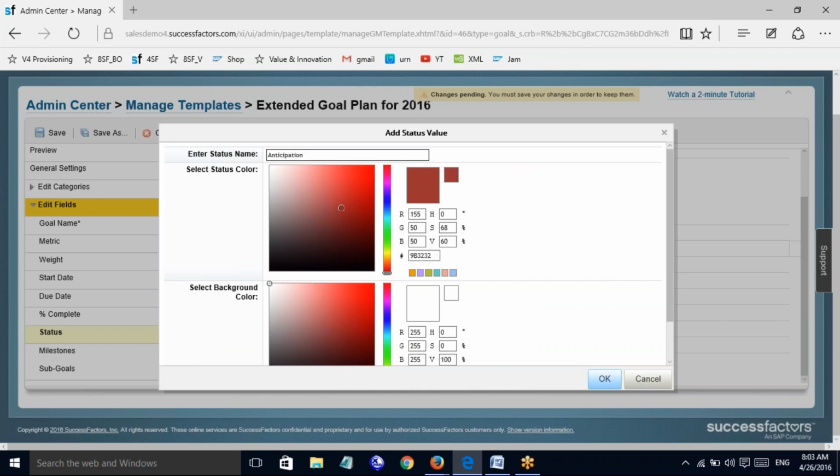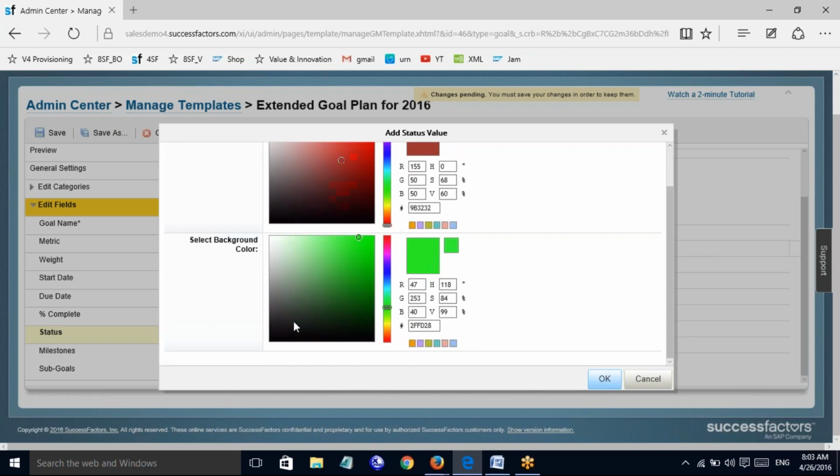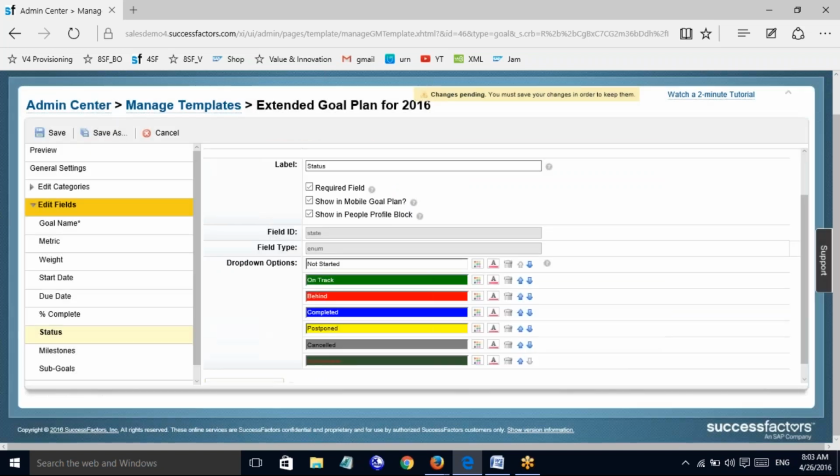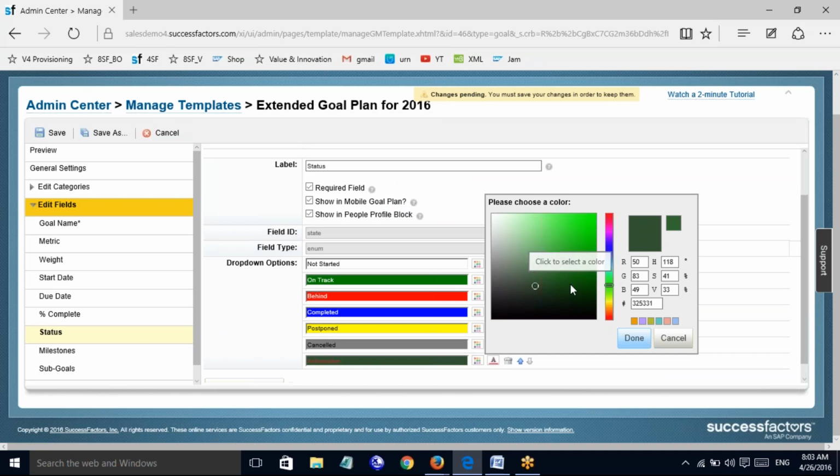Now you can select whichever you want to see, and click on OK. Let me just select here.